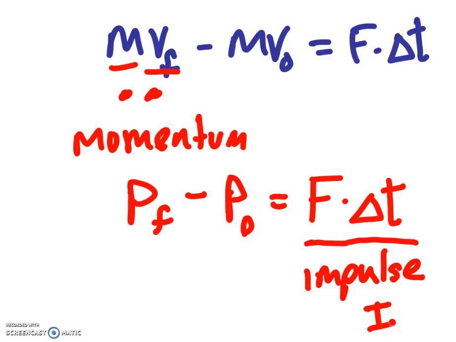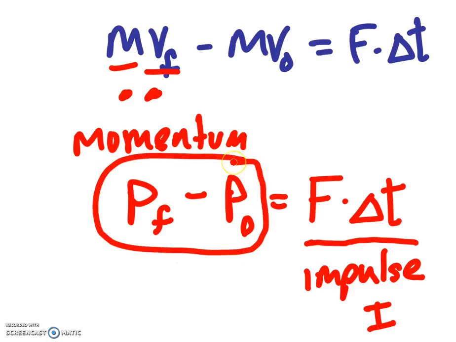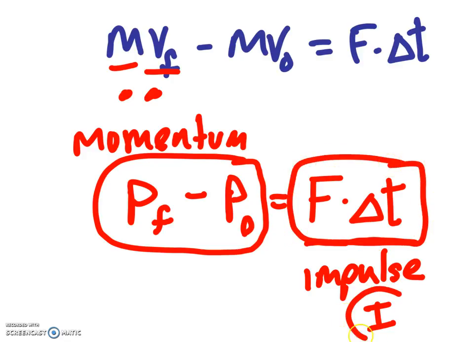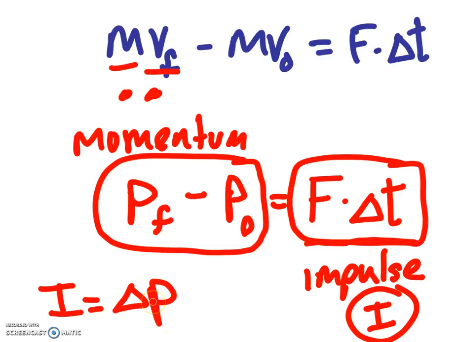So what we have done is we've rearranged Newton's second law, and we recognize or identify two quantities now. One is the change in momentum that occurs, and that is equal to this product here that is called impulse. We use the symbol I. So I equals change in momentum is something that you will see and we'll be working